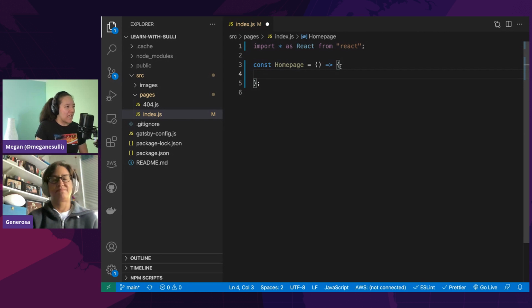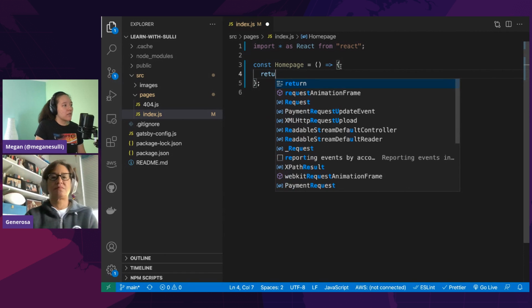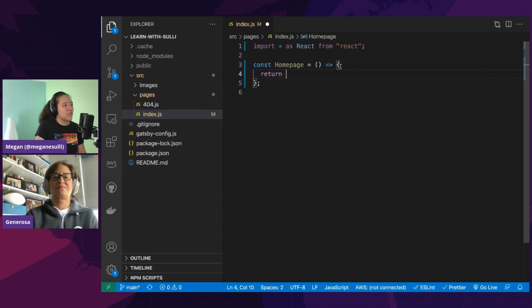So we'll look at that in a second. For now, let's just return an H1 element. You'll write it the same way that you would write it in an HTML file. Okay, great. So this is step 2, defining our component.